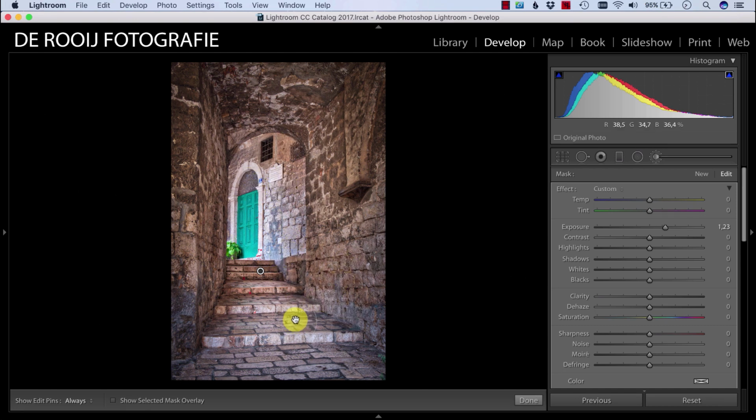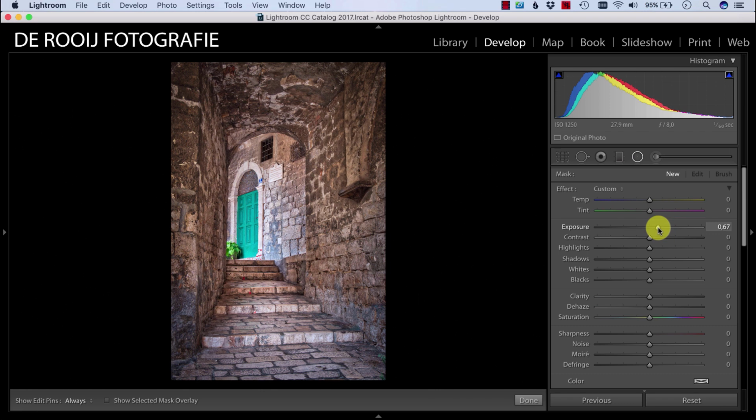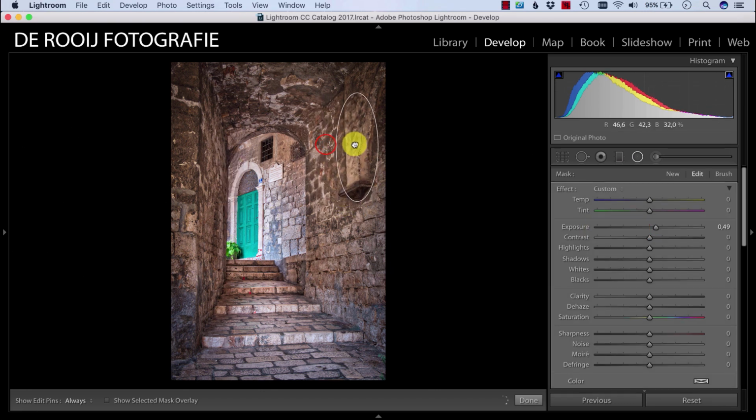And if you want, you can make the light even more interesting, more complex by adding some light in the wall. You can do that with the brush as well, but also the Radial Filter is a very nice option to use. So what we can do is, if you want to get some attention in this part, duplicate it and make the wall a little bit brighter, and just by randomly